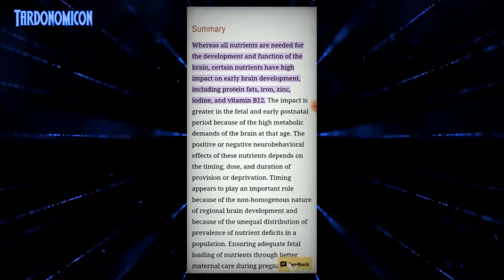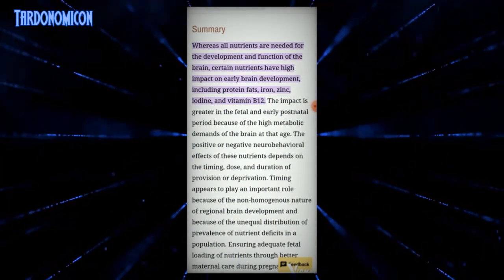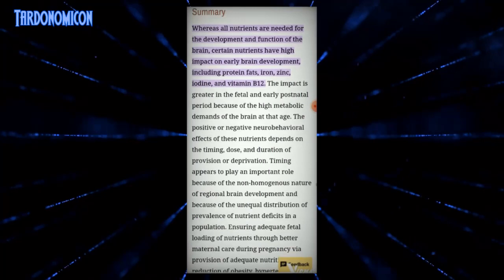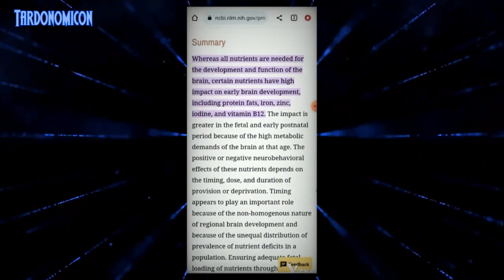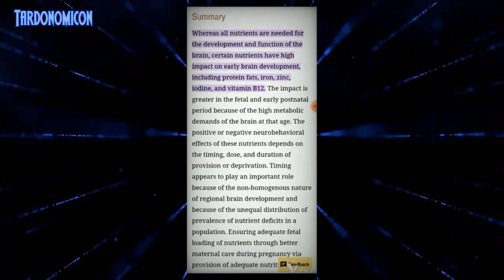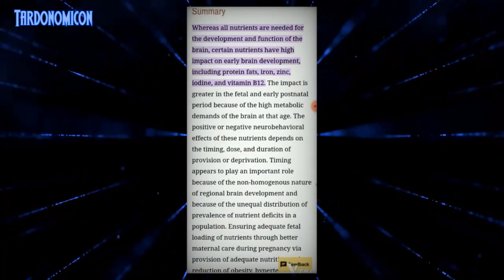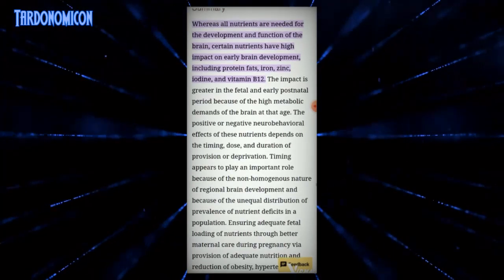So basically fats, iron, zinc, iodine, and vitamin B12. Also folate, but I'll get into that at a later date perhaps. But what I'm showing here is that these things are required for the genetic potential to be reached in the fetus. Now I'm going to call it quits for this video,